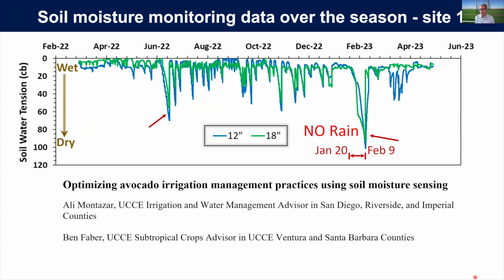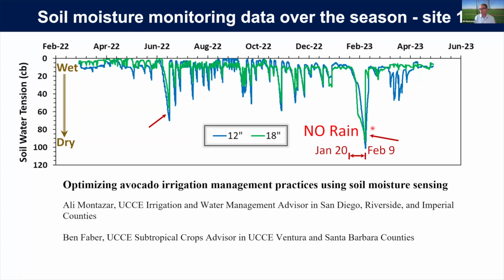It shows the soil water tension in one of our sites. As you can see, in early season, growers applied water much more frequently. By mid-June, we see very light potential water stress. I think the grower was late for an irrigation event. We also see this is the winter of 2023. We had a wet winter, but even in one wet winter, when you see no rain for about 25, 26 days,